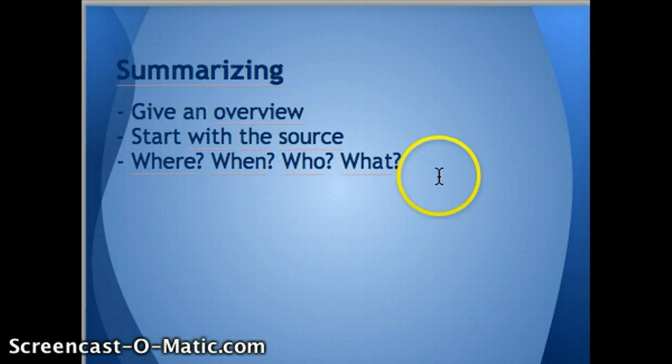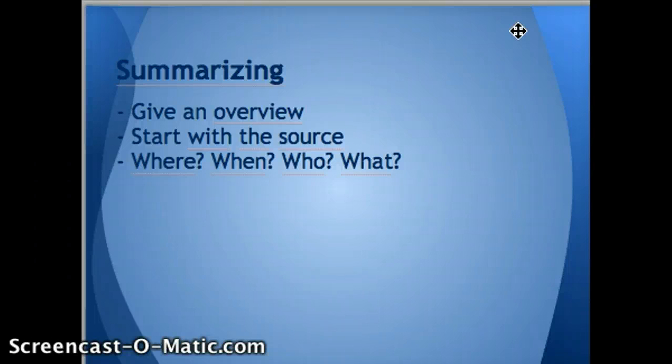When you summarize, the purpose of summarizing something is to give an overview. And the summary usually starts out with the source. So always start out with giving the source. For instance, one of the three articles and TV shows and stuff that we've been talking about here.